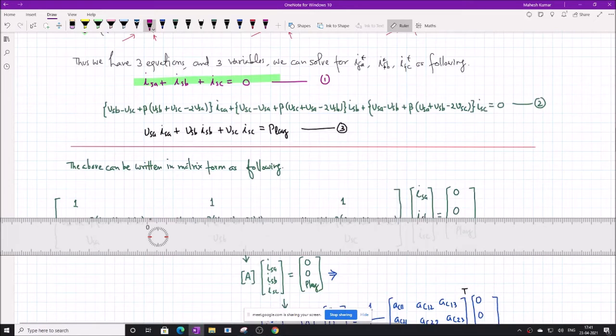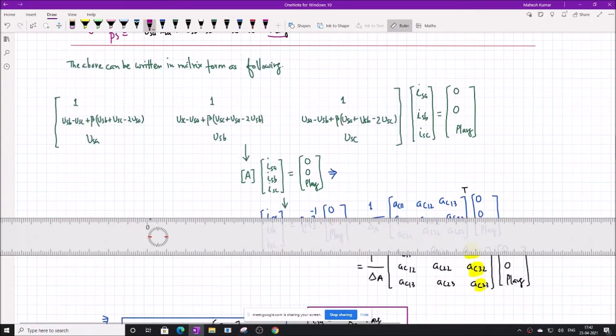So the equation we have just developed is this equation as the second equation, and the third equation is from power, that PS, the product of voltage and currents after compensation, must be equal to PL average. So 3 equations and 3 variables. Which are the variables here? Variables are ISA, ISB, ISC. If you put a star, it is also okay because they are reference values, but by default they are star, and I am not denoting them by star. I am simply denoting them by ISA, ISB and ISC.